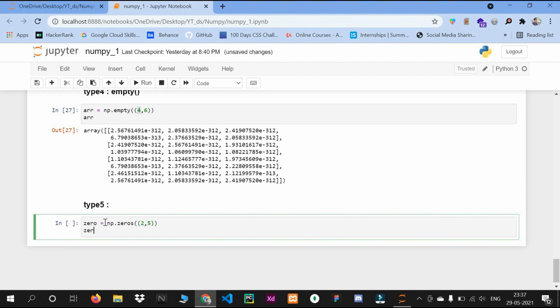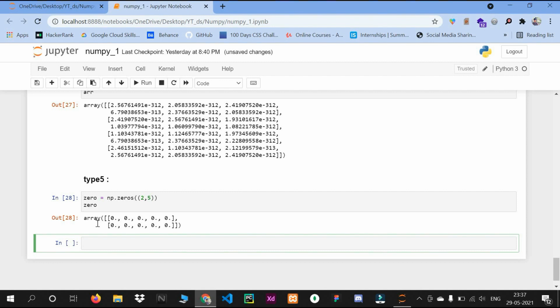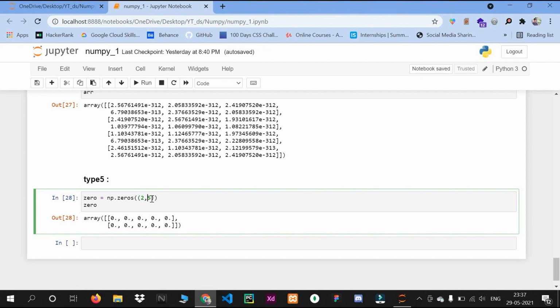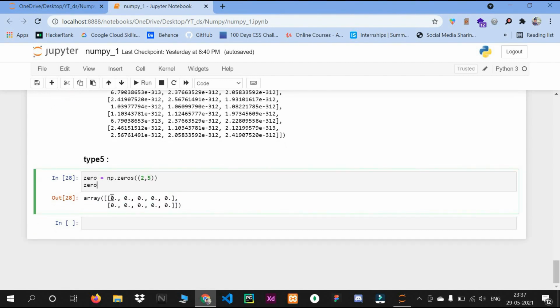It only creates a group of arrays where all elements are zeros. I have passed 2 rows and 5 columns, so 2 rows and 5 columns are all filled with zeros. You can create this when you want all elements to be 0.